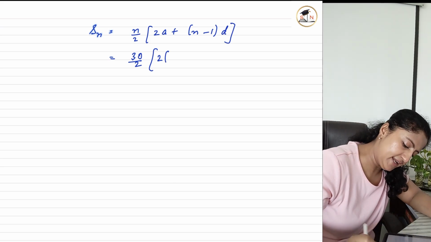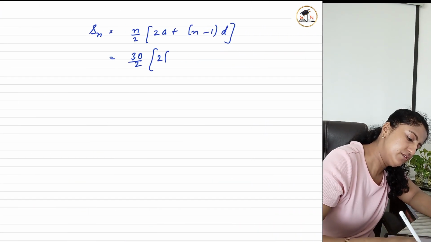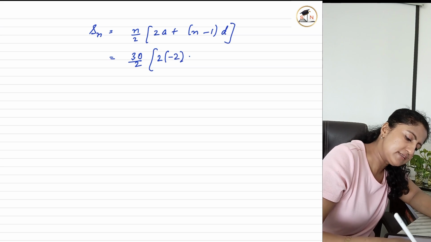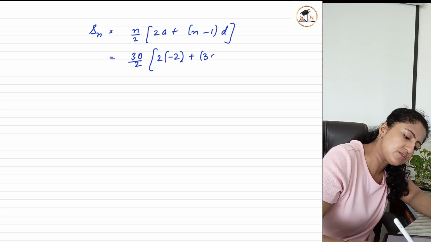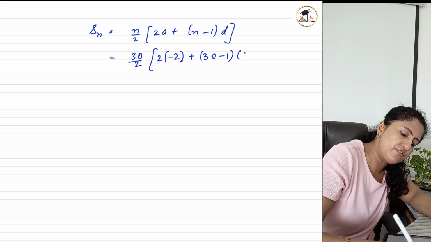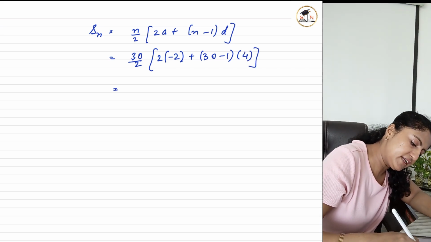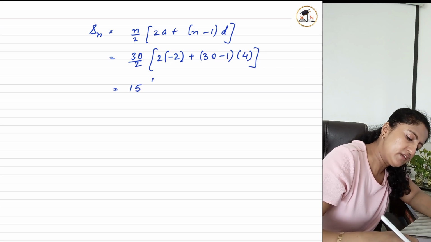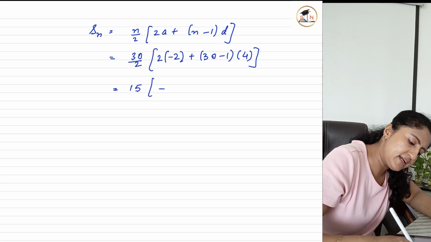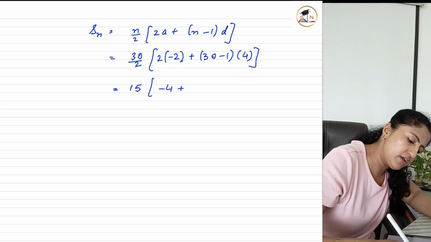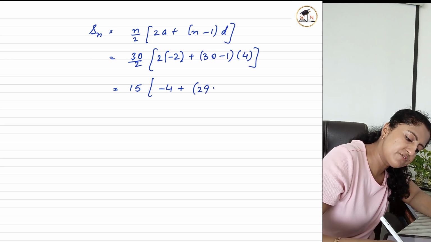A was negative 2 plus 30 minus 1 times D was 4, right? So 30 divided by 2 is 15. 2 times negative 2 is negative 4. What we have over here is 29 times 4,